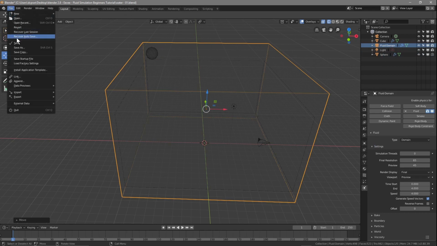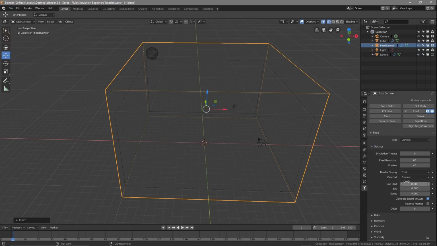Let's go to File, Save, and we'll leave the settings right now at a low resolution because we just want to bake it and test it. So to test it, let's just set the frames to 100 here. So it's going to start at 1 and end at 100, because we want to quickly bake it and test everything before we start doing higher resolution bakes, right? The higher we set the final resolution here, the longer it will take to bake